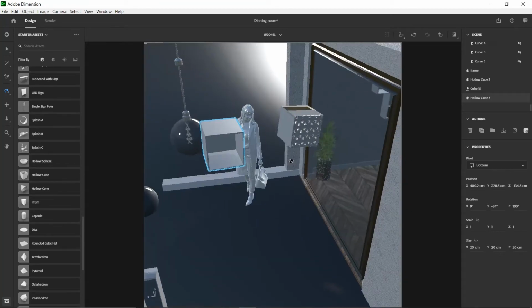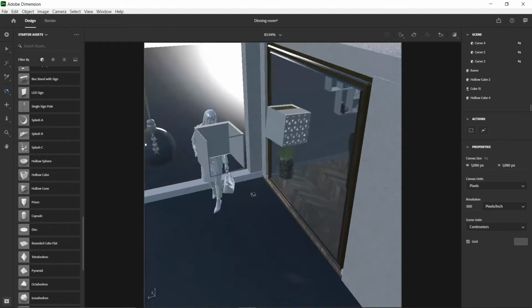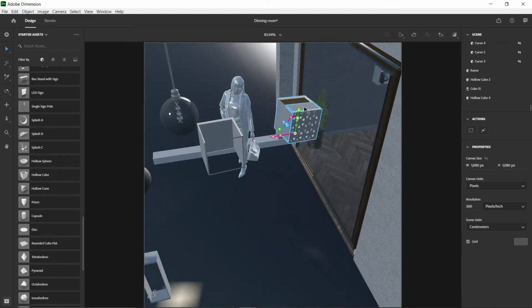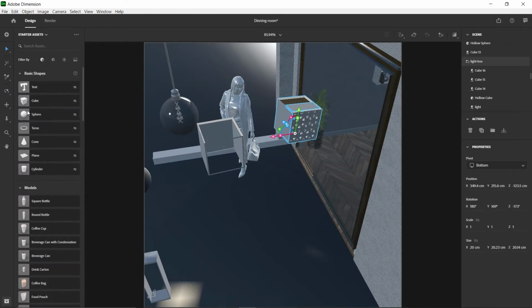just to make an interesting distribution of light. And so I went to the magic wand tool, select at the top, got rid of it, select at the bottom, got rid of it, and so now you have this kind of frame thing. And then I got a cube, reduce the height of the cube,